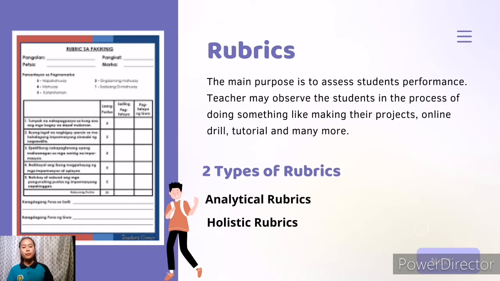Then the teacher may observe the students in the process of doing something like making their projects, online drills, tutorials, and many more. So there are two types of rubrics, the holistic and the analytical rubrics. So I will be discussing what holistic rubrics is. So holistic rubrics assign a single score to a student's overall performance. They usually have competency levels that define the level of performance. So the quality of work or performance at each level is described by a number of indicators, which is the 1